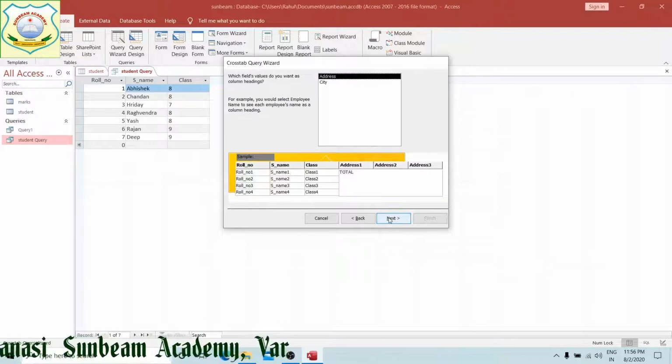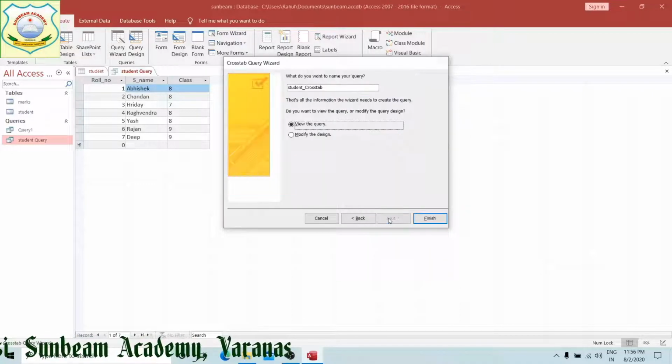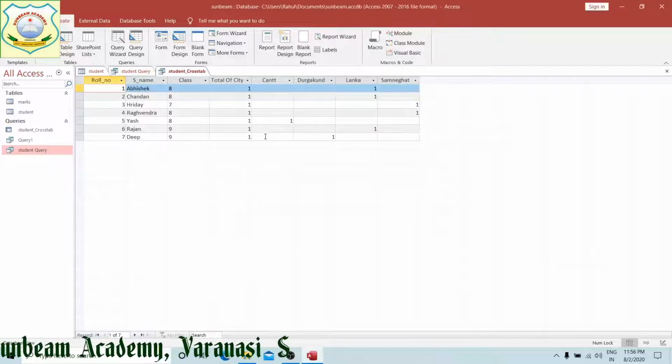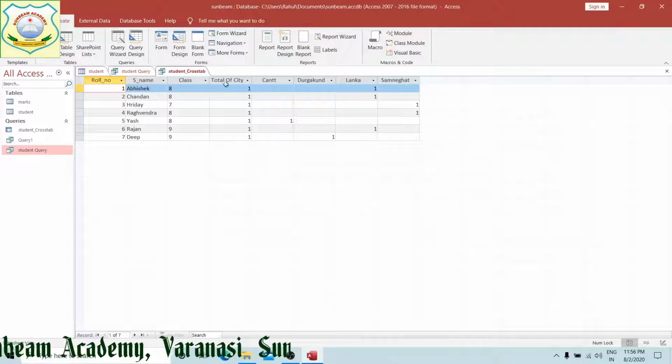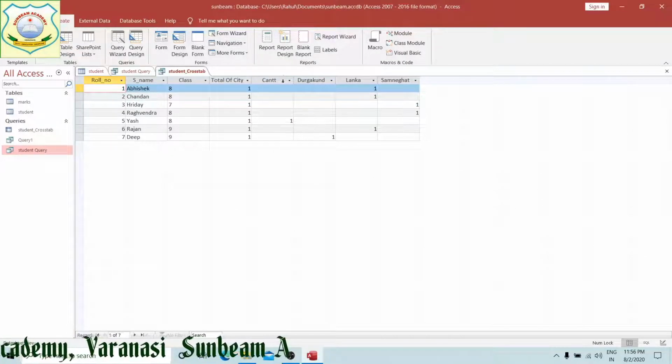You can see here next, next, finish. Your query has come, right? This one. These by default it is going to take, it is separating total of city, city 1. This is Kant, Durgakund, Lanka. How many students are there? This it has told, right? This is your queries. Now next we will see forms.